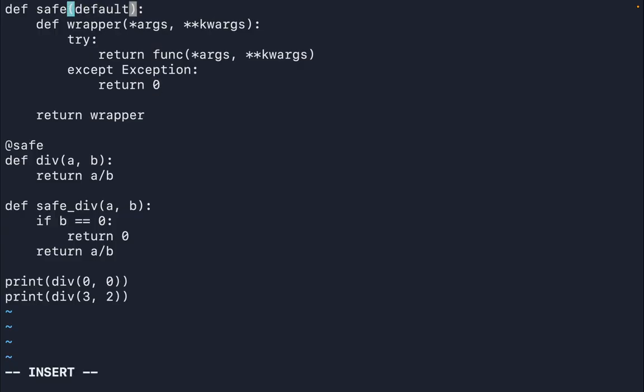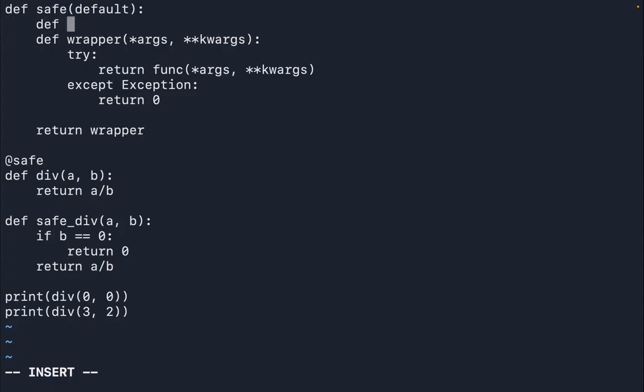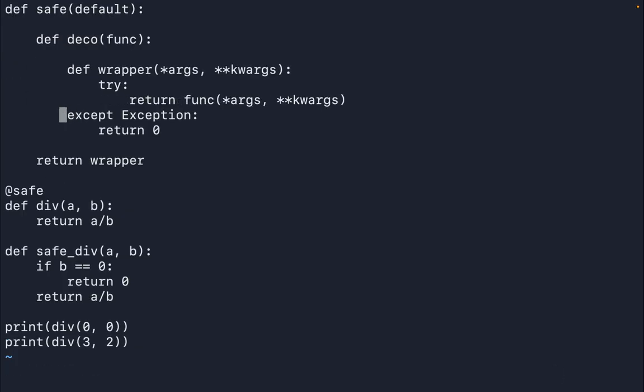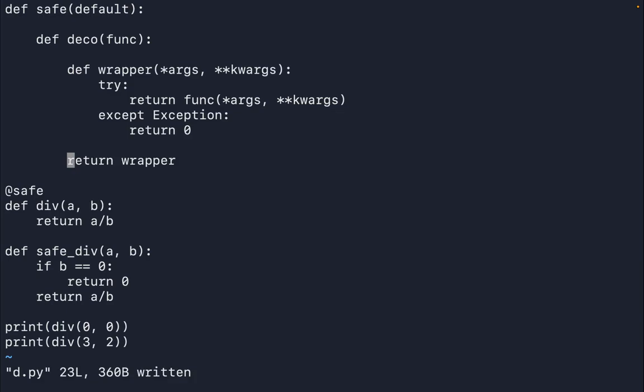So instead of using a fixed value like 0, we might want to use a custom default value, in which case we can create a function that creates a decorator and returns it. So the decorator should create the wrapper function and return it. So inside the wrapper, instead of 0, we return the given default,